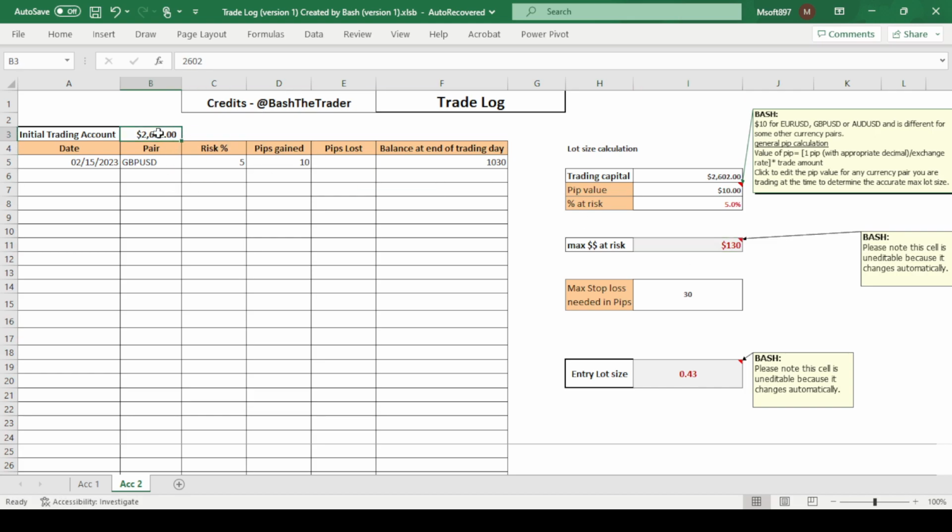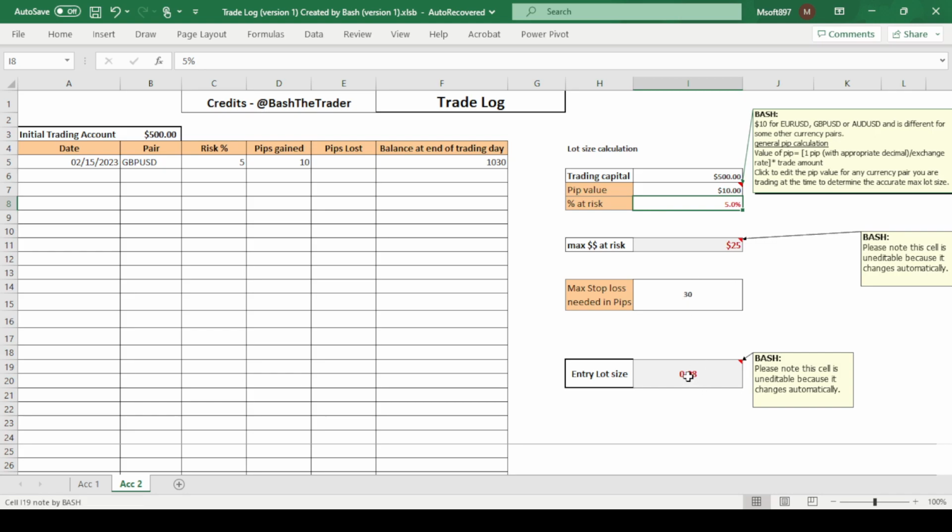Now, I know most new traders don't have up to 2,600 USD. So let's try and be realistic. Let's say your starting capital is 500 USD. I'm going to change everything here so you see how to use the Excel application. It's very, very simple. Let's say 5%, and let's leave the stop loss at that. You can see that the maximum dollar at risk and the entry lot size have already changed because my balance changed, so it's a very dynamic